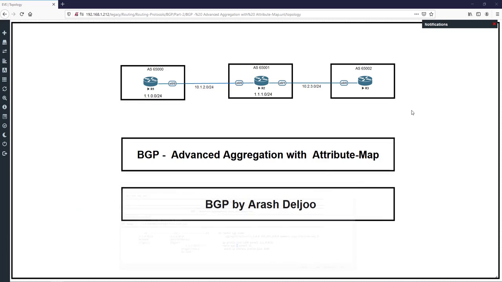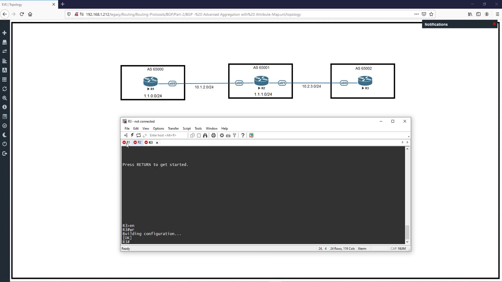Let's check it. First, before using the attribute map, I want to summarize routes in R2 first. Let's configure the scenario. This is R1 and then R2, okay, and finally R3. First, I want